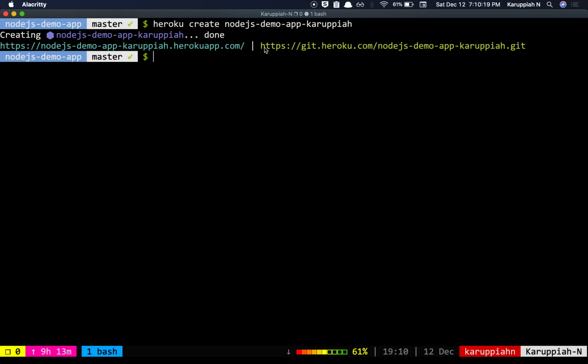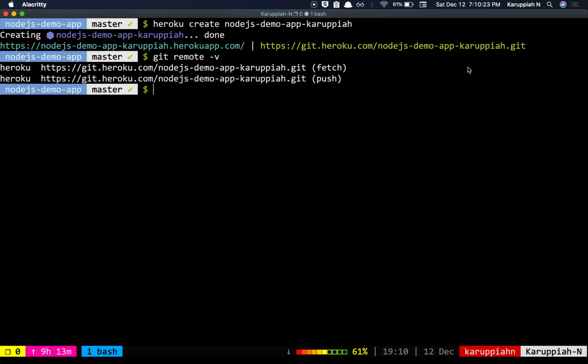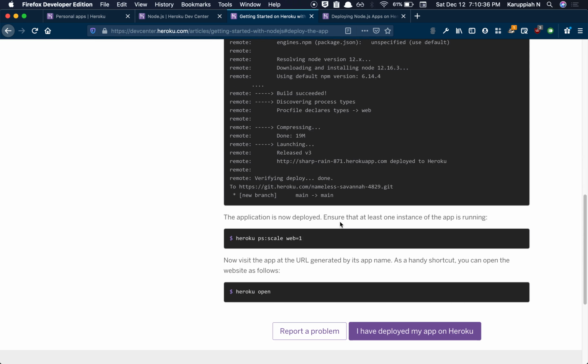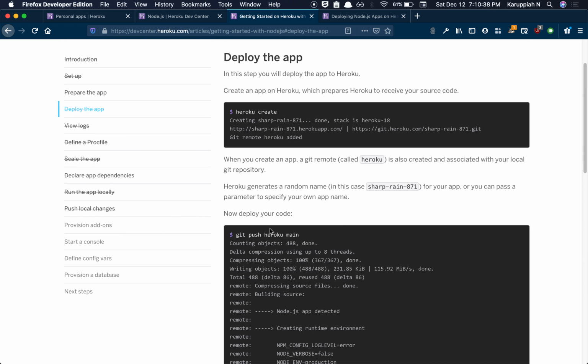Okay, and there is a Git URL over here, and I'll also check if I have. Okay, so previously actually I wouldn't have had this. So now I have a Git remote reference, a Git remote repository with this Git URL. Okay, and with that you can go ahead and deploy. So before you do that,